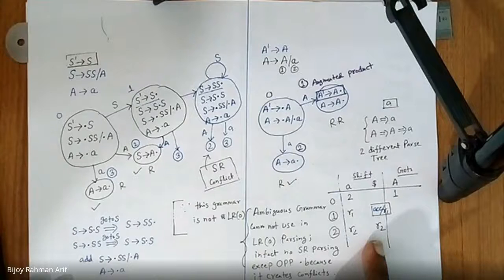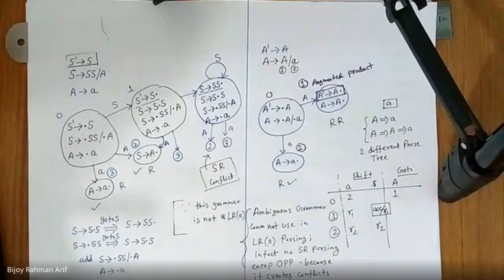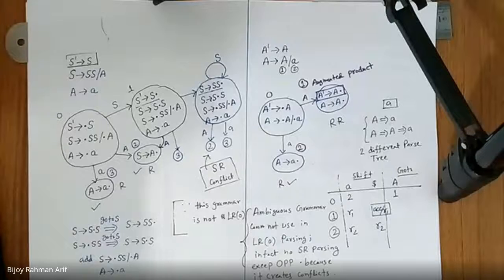What is the reason behind conflict? Tell me. There are multiple actions, multiple entries. Wonderful. There are multiple entries. Fine. But the thing is,